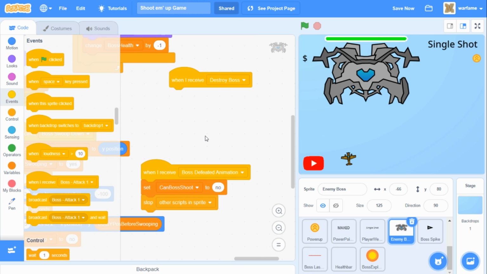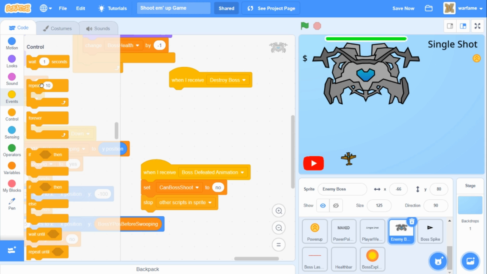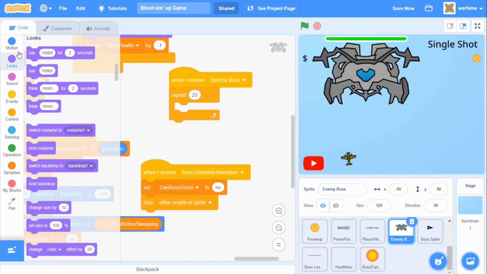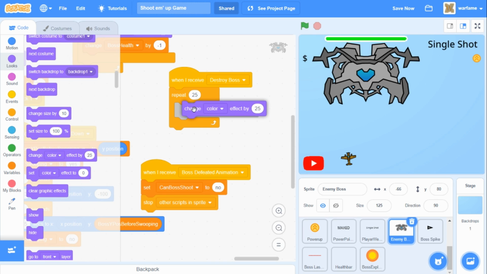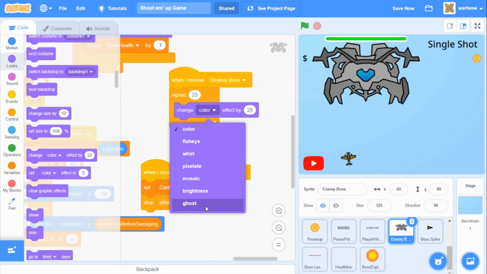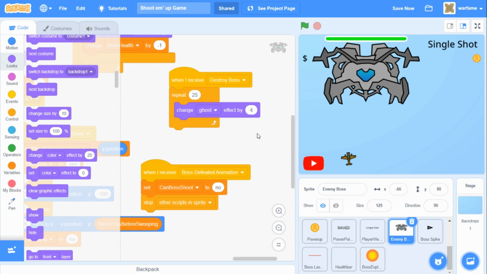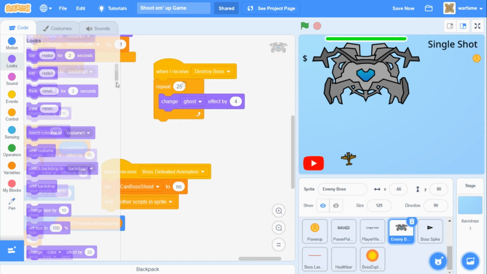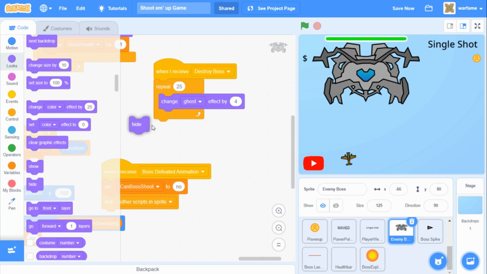Then I sort of want the boss to slowly fade out. So I'm going to go to control, drag a repeat. I'm going to say repeat 25, and then go to looks and change the ghost effect by 4. So the boss is going to slowly fade out, and then we want to hide the enemy boss. And alright, so the enemy boss health bar should appear, and then the enemy boss should be able to take damage from the player bullets, and once the enemy boss health drops to 0, then it should play an animation